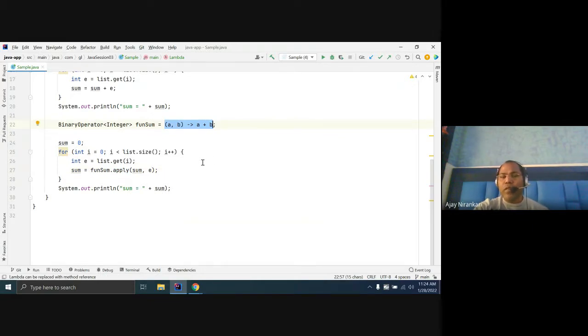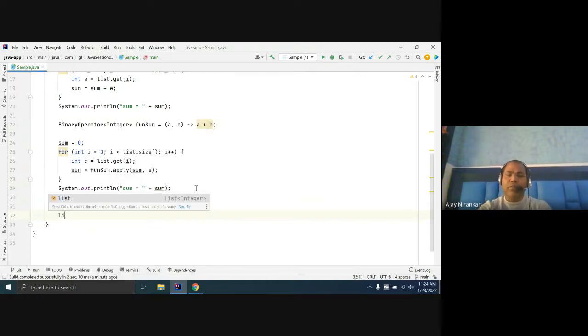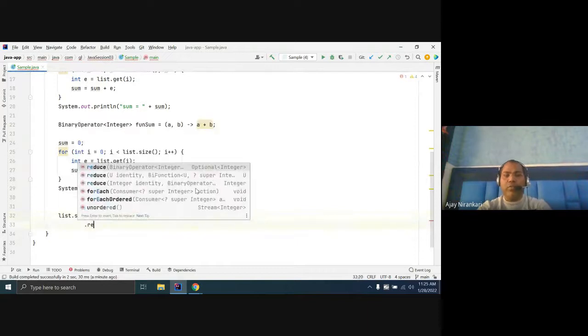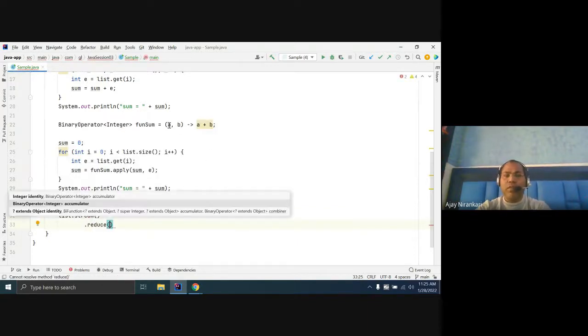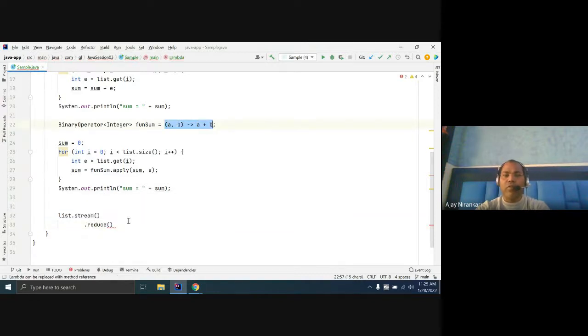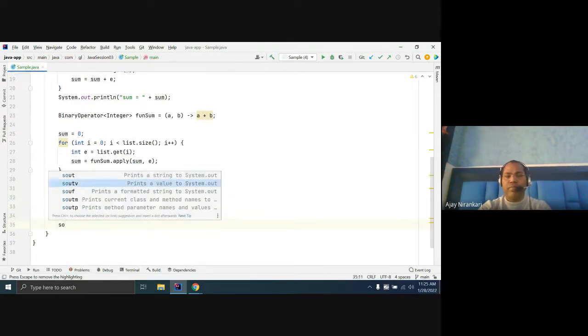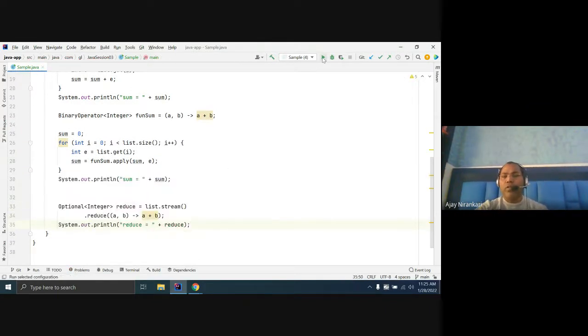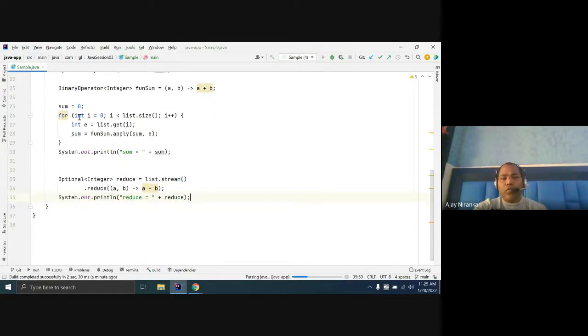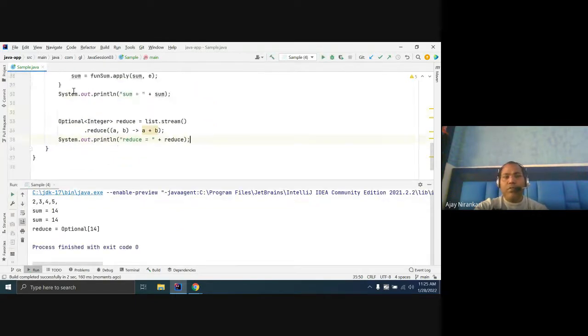Reduce function has done the same thing. Here you have a stream, and now just call reduce, and reduce says just give me this code, and I'll work for you. Now you notice you get the same output as from the above code.